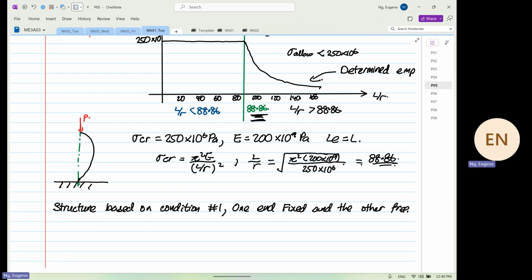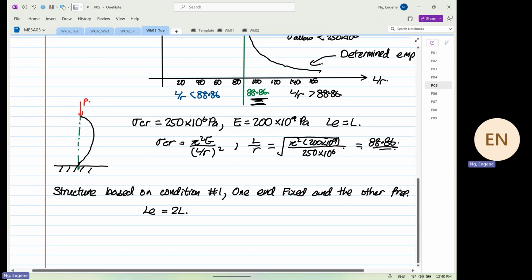So what happens now? LE is equal to what? 2L. Okay. So based on the modified or extended Euler,